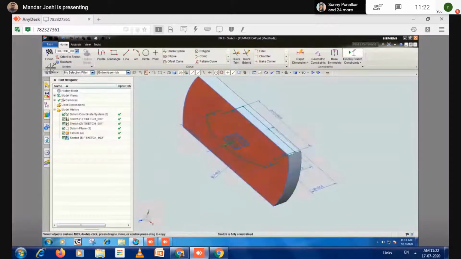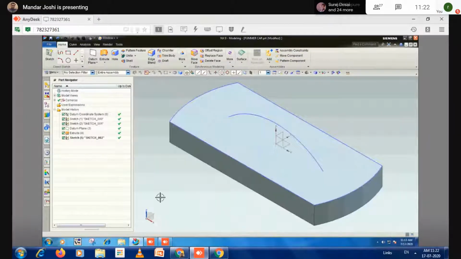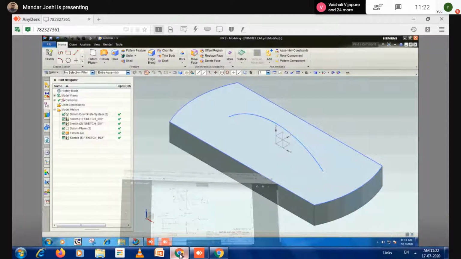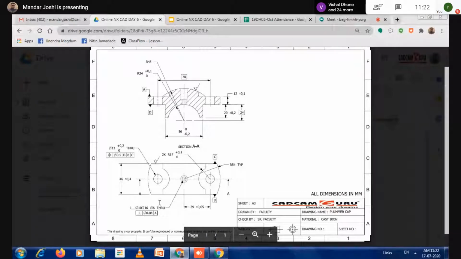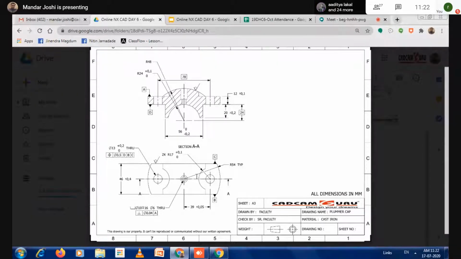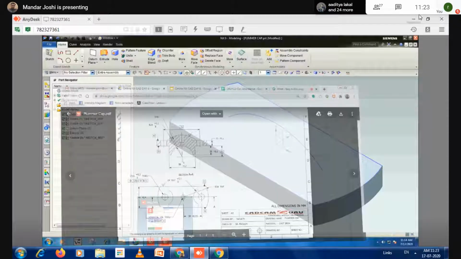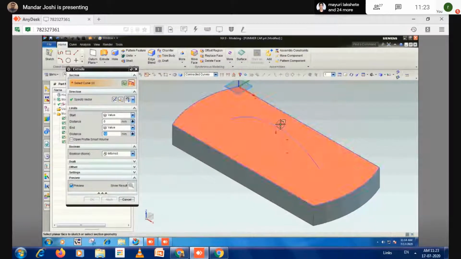Okay. Use this finish. And now press the End key, add material. What is the depth of material here? 46. Total depth is 46. Let's do that. Extrude. Select this.